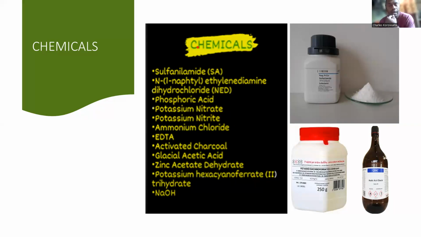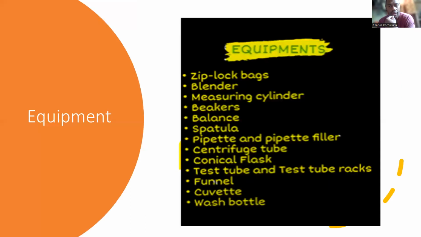nitrate, ammonium chloride, EDTA, activated charcoal, glacial acetic acid, zinc acetate dihydrate, potassium hexacyanoferrate trihydrate, and NaOH. The equipment used include Ziploc bags, blender, measuring cylinder, balance, spatula, pipette and pipette filler, centrifuge tube, conical flask, test tube and test tube racks, funnel, cuvette, and weigh